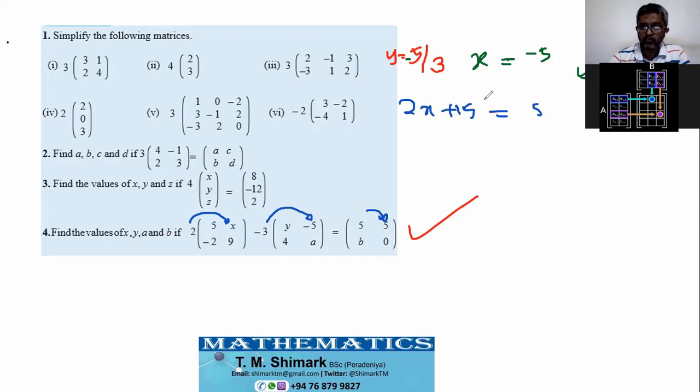So x is going to be minus 5, correct. And then if you want to find y, it is the first element. So I'll check here, this one and this one, right? So it's going to be 10 minus 3y equals 5. That means 3y goes to the other side, plus 3y, and 5 comes to the other side, minus 5, y equals to